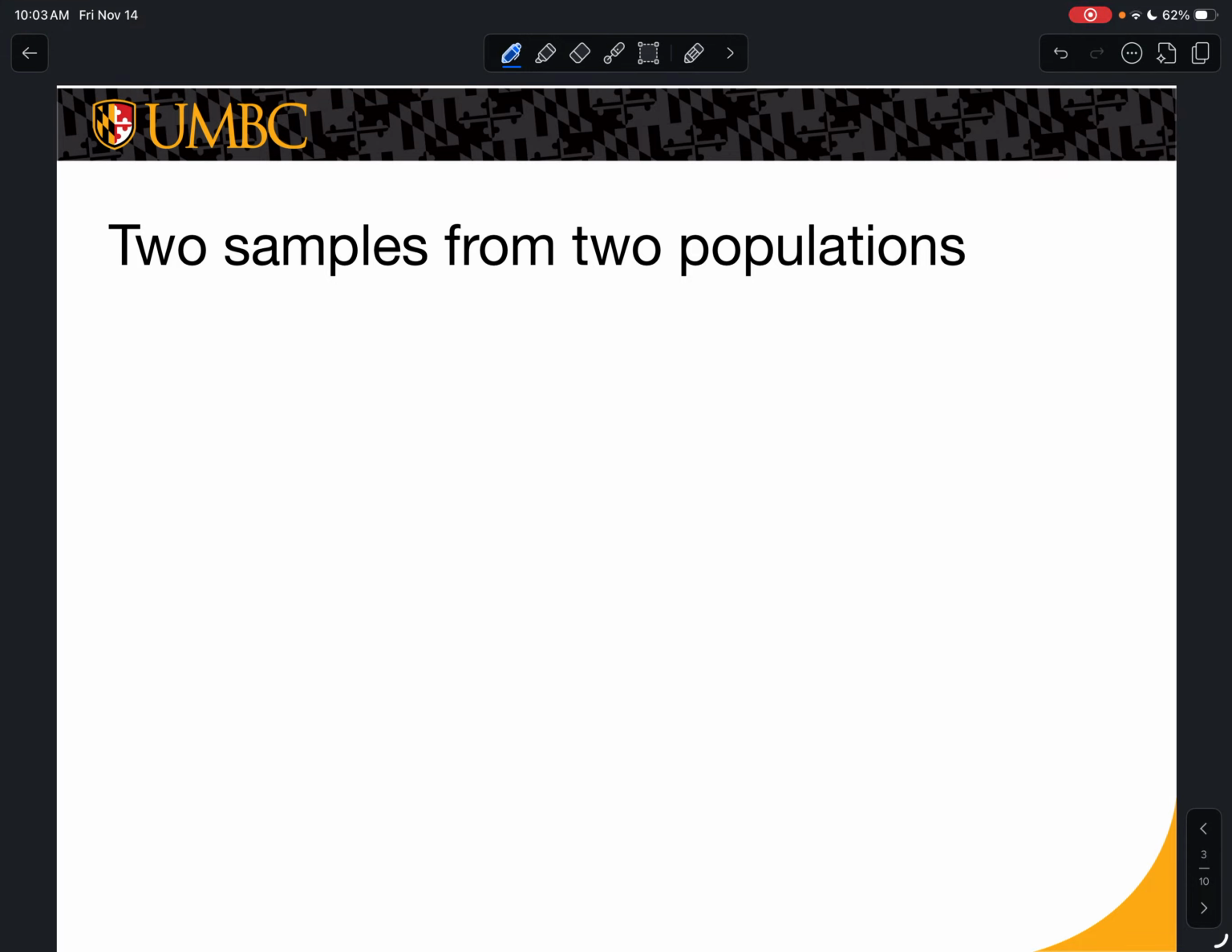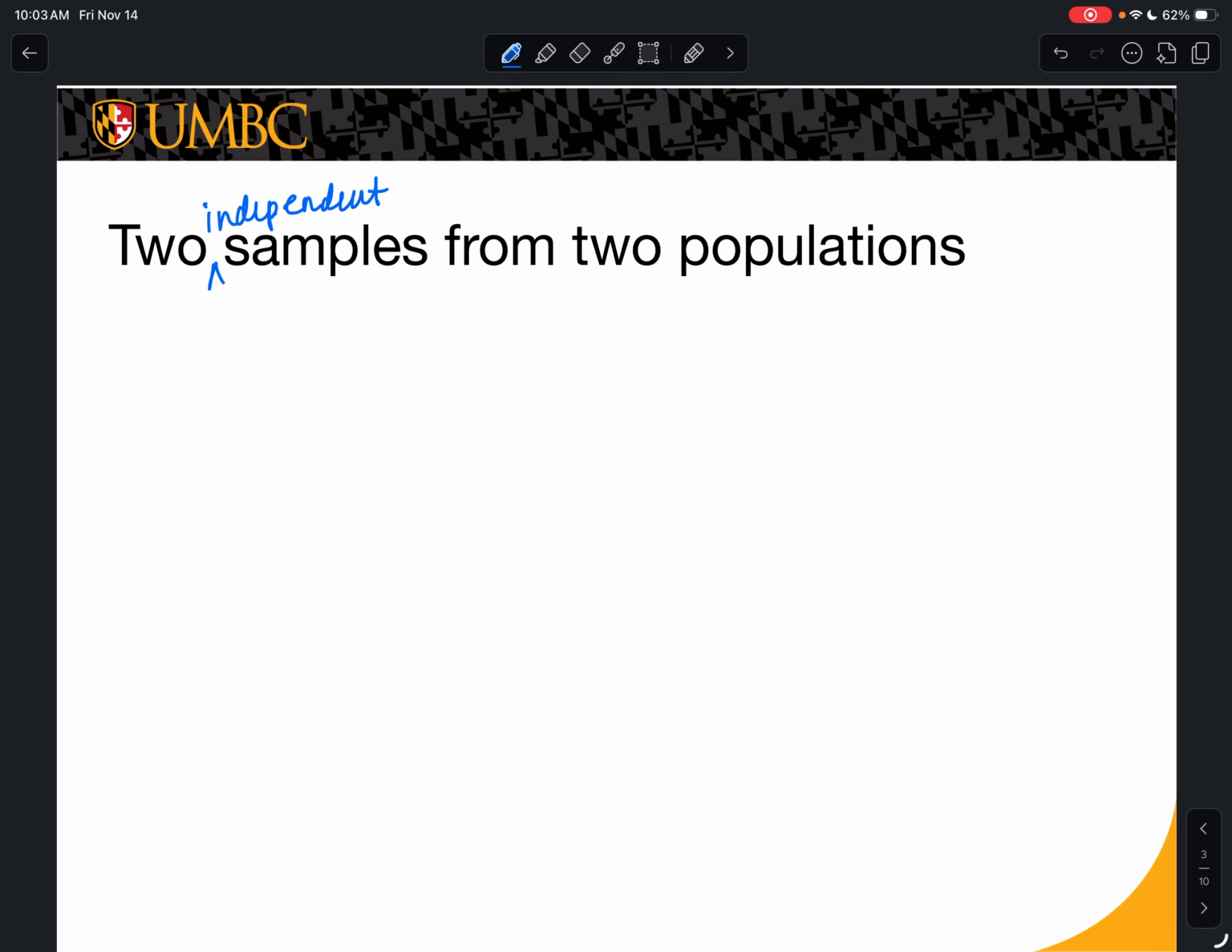All right, so for the next slide, I want to clarify this heading here. It's really two independent samples from two populations, because later on we're going to get to a situation where our samples are not independent of each other. They are related to each other in some way. However, right now, for everything we're doing today, we're thinking about two independent samples, meaning they have nothing to do